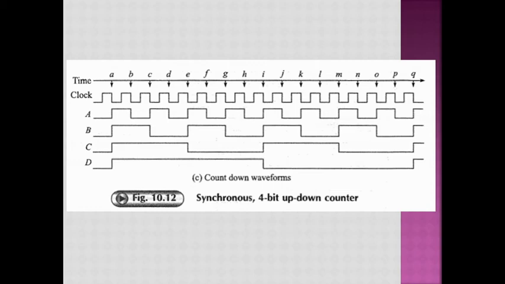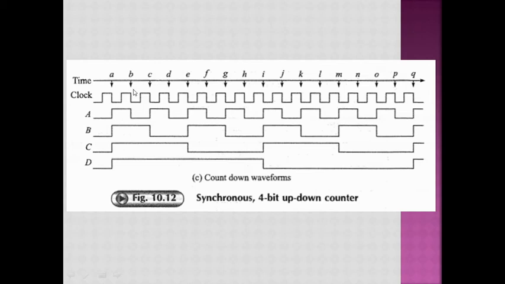Now, if you prepare a truth table from here, prior to A all the outputs are reset. That means D is 0, C is 0, B is 0 and A is 0. That is a 0 count. Now, after the first clock pulse occurs, with D as MSB and A as LSB, you can prepare a truth table from the waveforms. The truth table says D is 1, C is 1, B is 1 and A is 1.